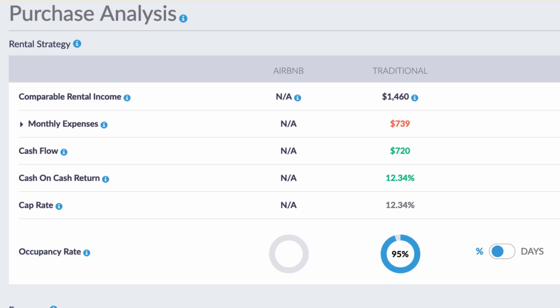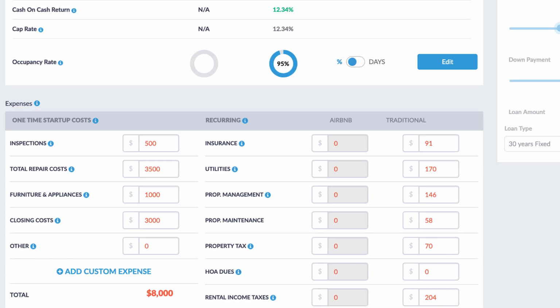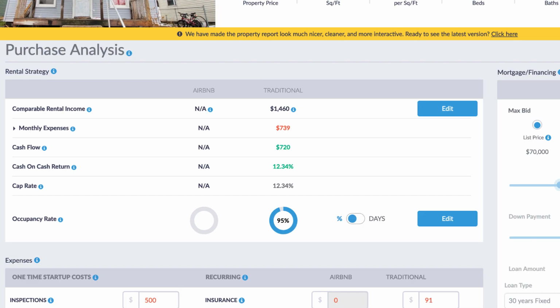You can see all the assumptions it's making, which I've actually found to be surprisingly accurate with the properties that I've tested this out with. But if you do see a number that's like, no, sorry, that's way, way off, which, by the way, I think you should always be cross-checking this stuff. Whether you find it to be accurate or not, you always want to make sure the inputs you're using are accurate, because that has everything to do with the outcome of that calculation.